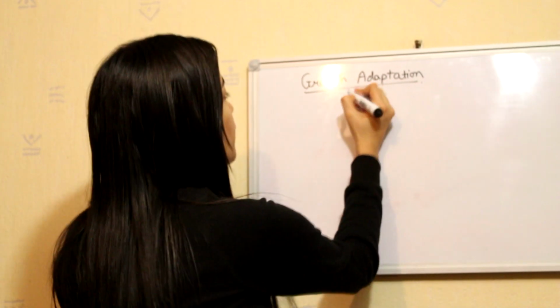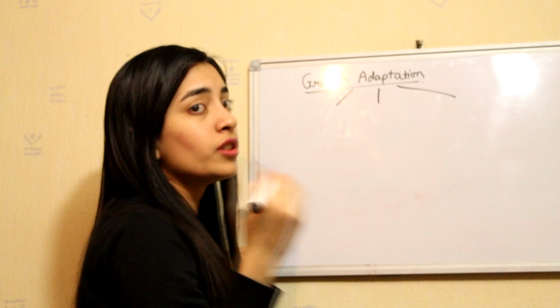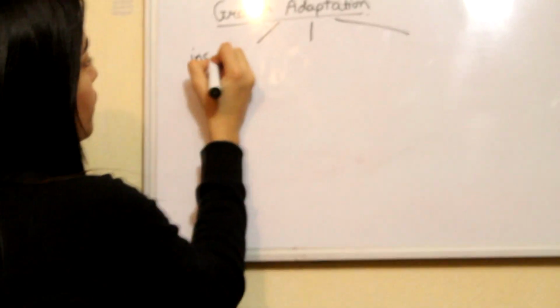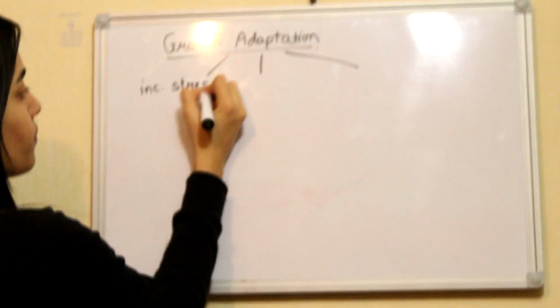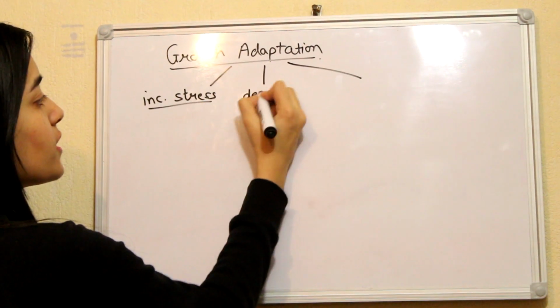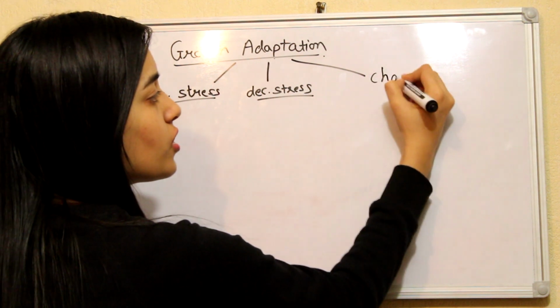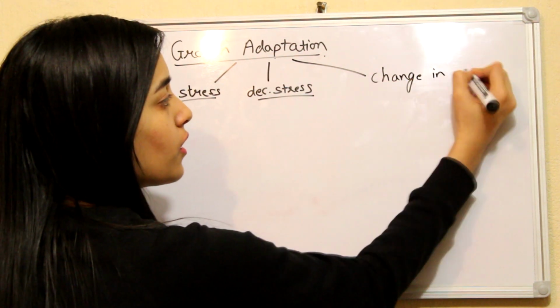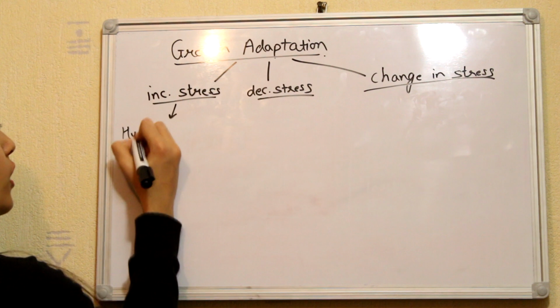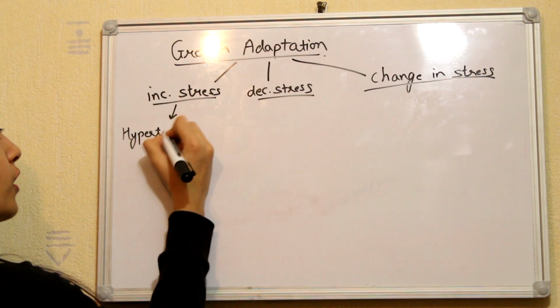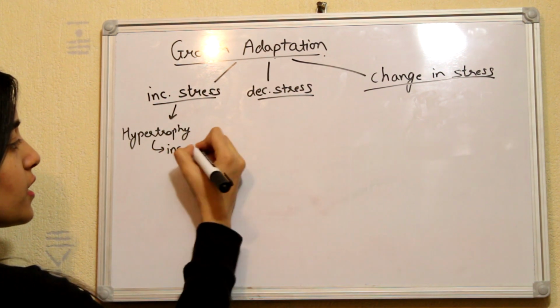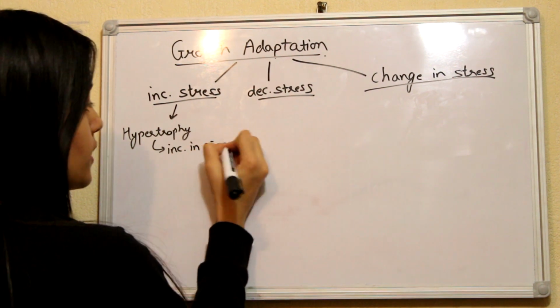Now, what is adaptation? Adaptation is the ability of the body to cope with stress. There are three ways in which a body can cope with stress: if there is an increase in stress, or if there is a decrease in stress, or if there is a change in stress. If we have increased stress, our body will undergo hypertrophy, which is increase in size of cell,